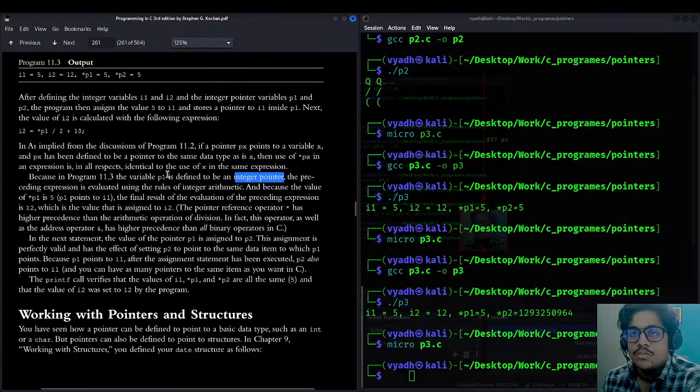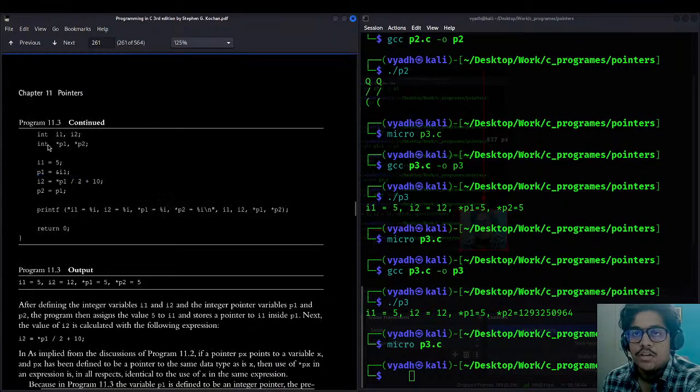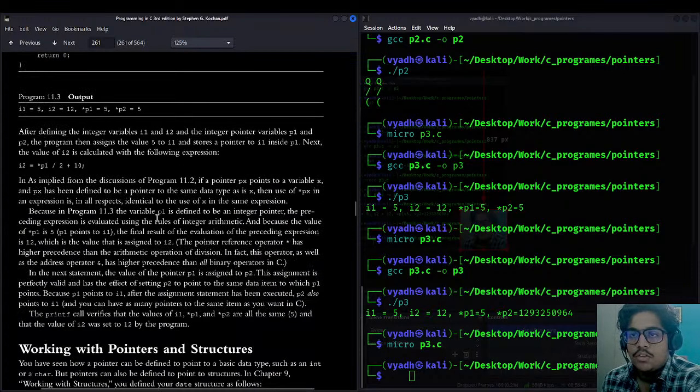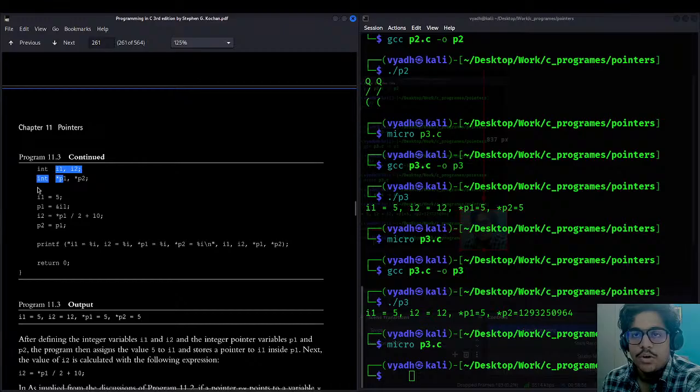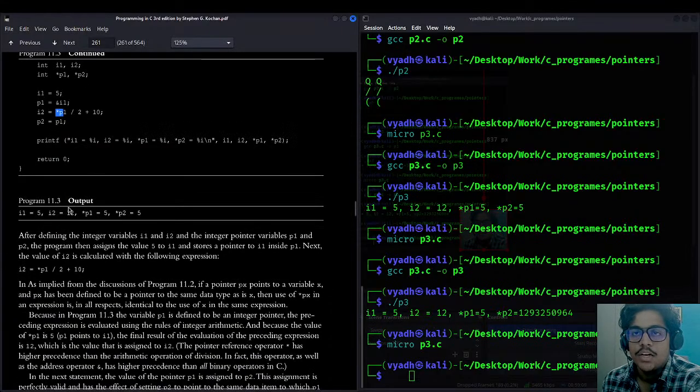Okay, p1 is defined as an integer pointer here, and because the value of asterisk p1 is 5, p1 is pointing to I1. This is calculated first, and if you write the expression like this, star p1 will be calculated first, like it is pointing to the value of I1 this time.